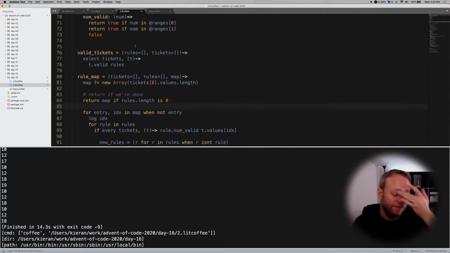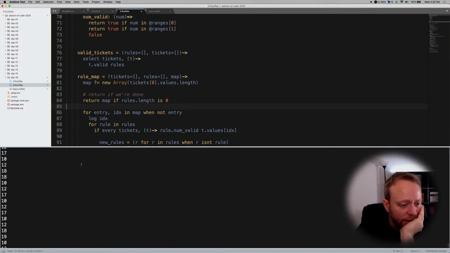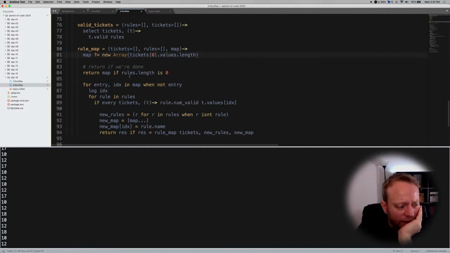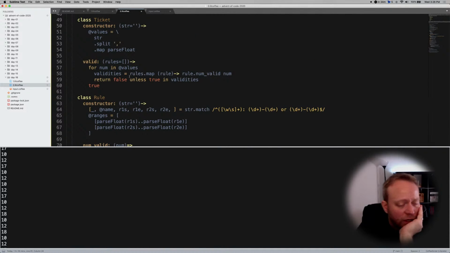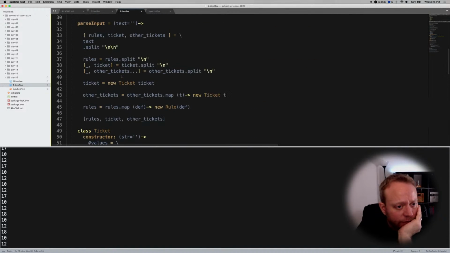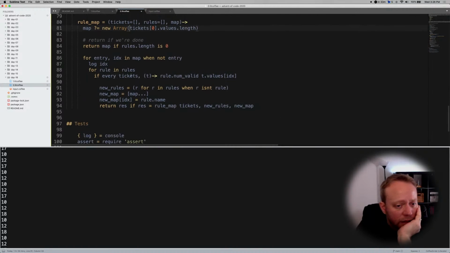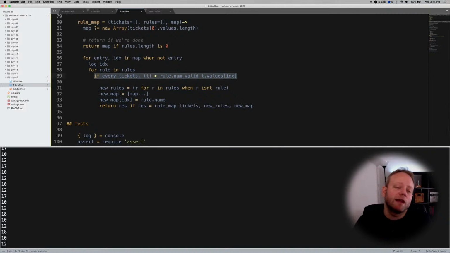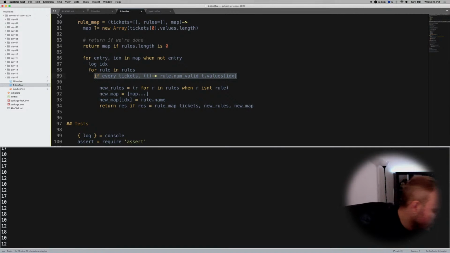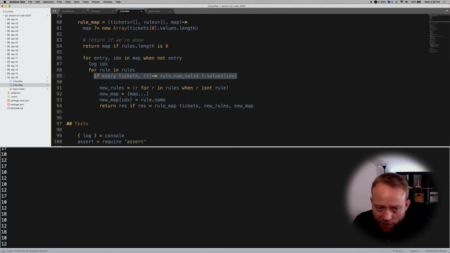Anyway, 20 times 20 is only 400, so it would have been done a long time ago. It would be 20 factorial is how many combinations there would be. It seems to get up into the teens pretty quick, and then it just sort of runs out of steam. So how could we make those faster? Right now, what we're doing is checking to see if every ticket is valid for a particular rule. Because this is evaluating every ticket for every rule, what we could do